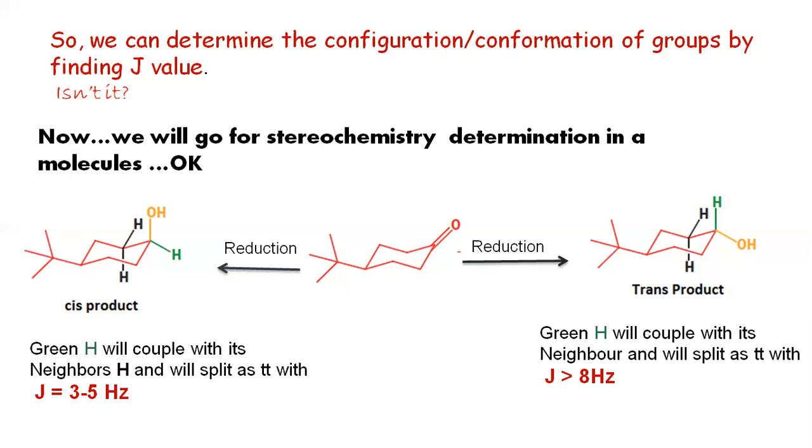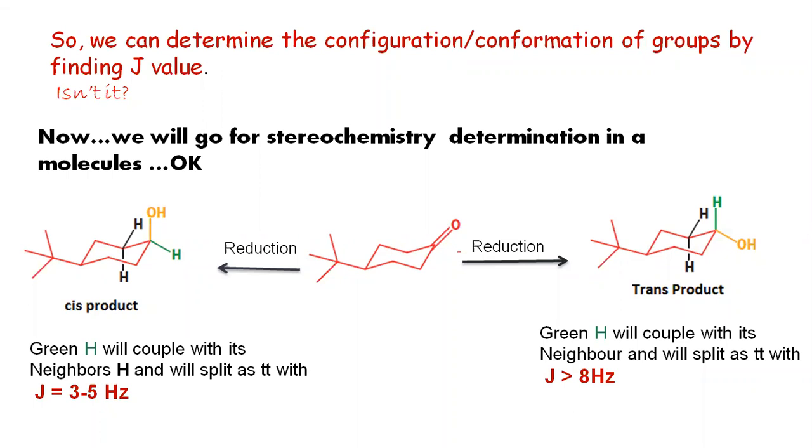You might have learned this in the chemistry of cyclohexane. Okay, let me give you one hint. Always remember, bulky groups, if they are equatorial, provide extra stability to the molecule. So in both cases, this bulky group is equatorial. What about the other bulky group, OH? Here it is equatorial, here it is axial. So which is stable? Trans or cis? Trans. See what the concept is?